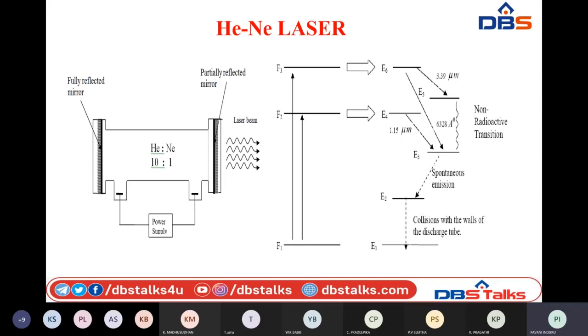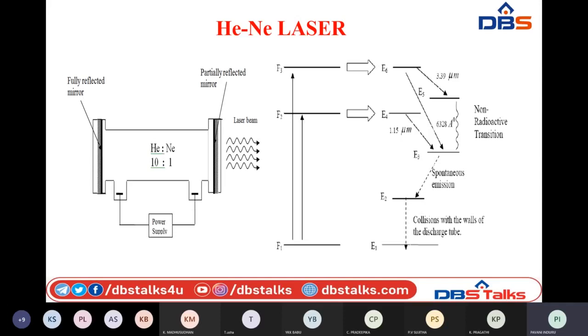So how will it happen? These supply that extra energy to the neon atoms. Once they supply that extra energy to the neon atom, then they are able to fall back. Otherwise, they will not fall back. That is why, at higher energy states, these will supply the kinetic energy obtained by the helium molecules to the neon atoms present in the ground level. Whenever the kinetic energy is supplied to the neon atoms, they get excited.